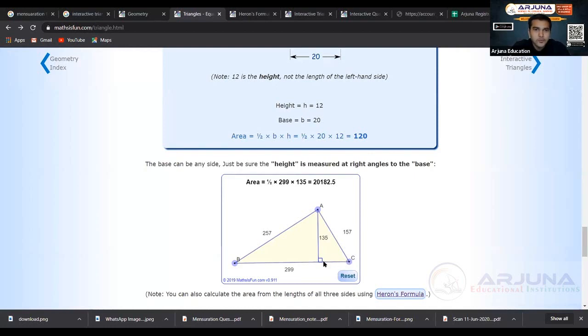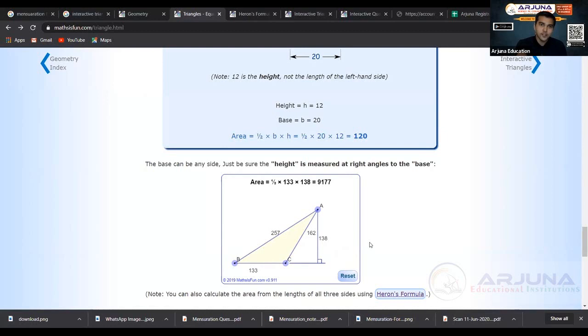Okay, so now here you can find out the altitude is given as 135. So half into base into height, you will get the area of the triangle, right? So now what if I just pull it to the left hand side, you see? So this is the obtuse angle triangle, and for the obtuse angle triangle, I need to draw a line which is perpendicular to the base. What is base in this? BC. So base is BC. To that you have to draw a perpendicular line.